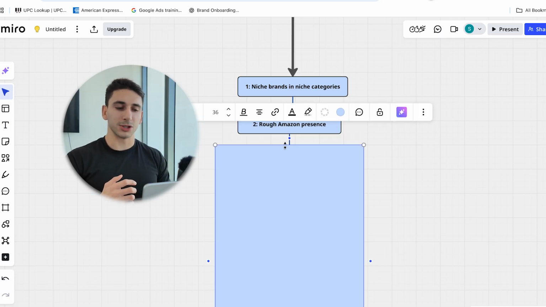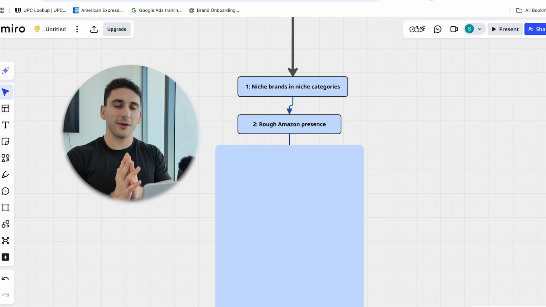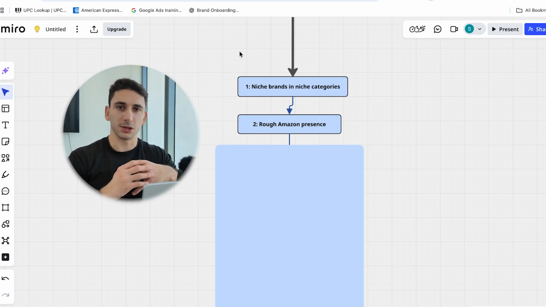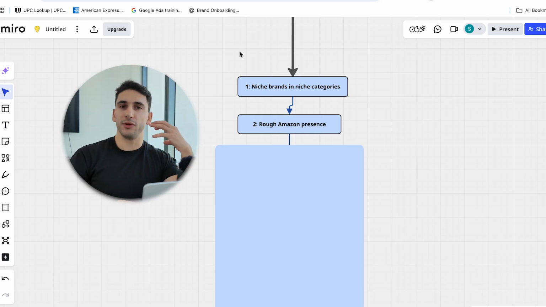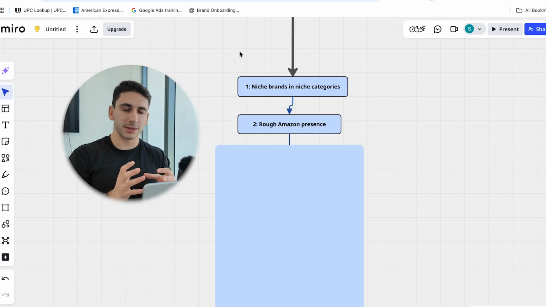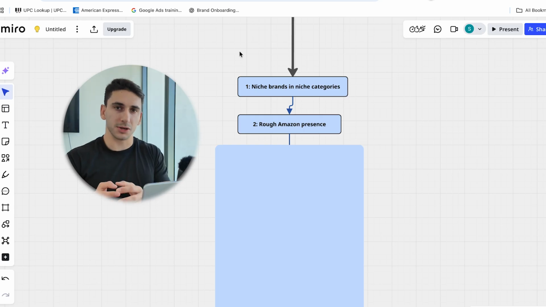Next, we have rough Amazon presence. What does this mean? We are going after brands that don't look too well on Amazon. What does a rough Amazon presence look like? Well, you have to be able to identify which brands actually look good on Amazon and which brands don't look good on Amazon. Simply because if a brand is doing everything right and they have a very good Amazon presence, most likely they already know what they're doing and they're not looking for additional third-party sellers, because they have their